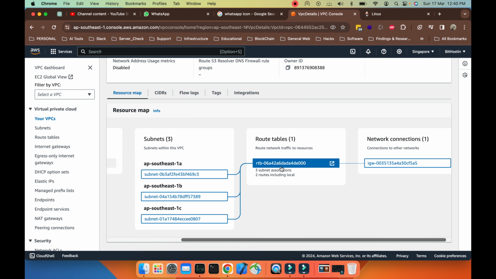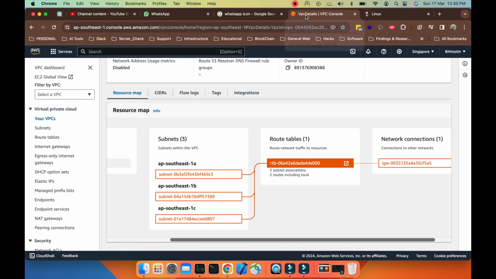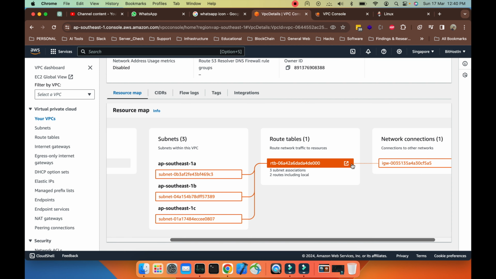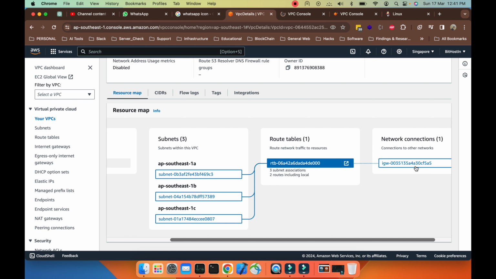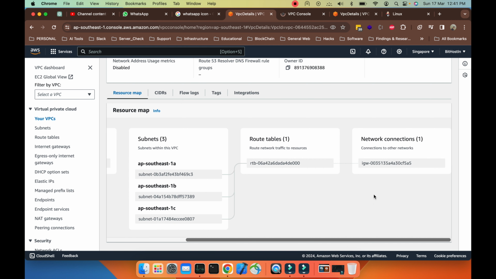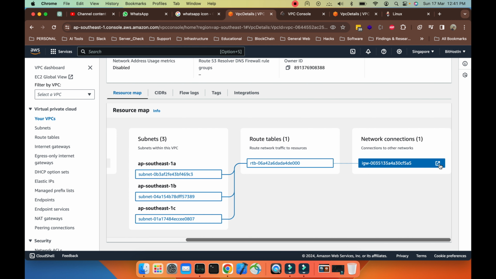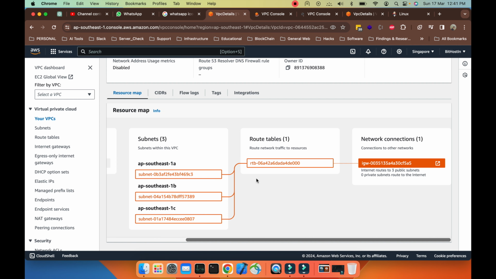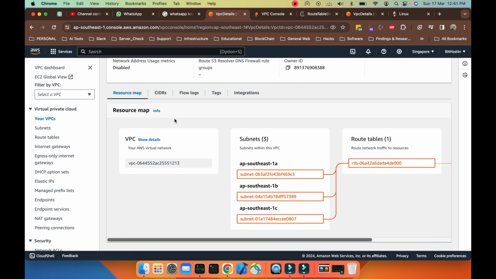Three subnets. Okay, let me duplicate it so I can navigate better. So it opened the routing table, and this is your internet gateway, and here are the subnets. So if I navigate to subnets,